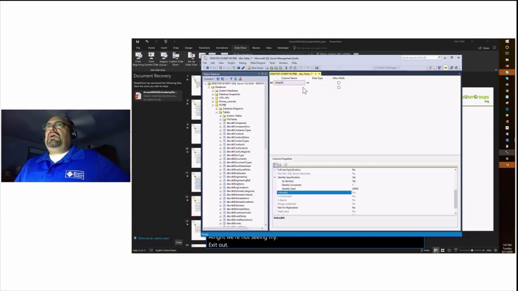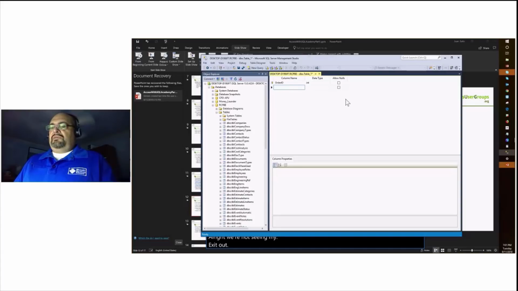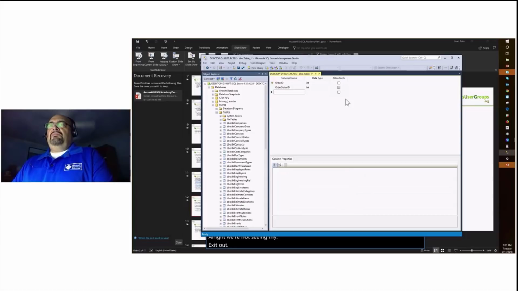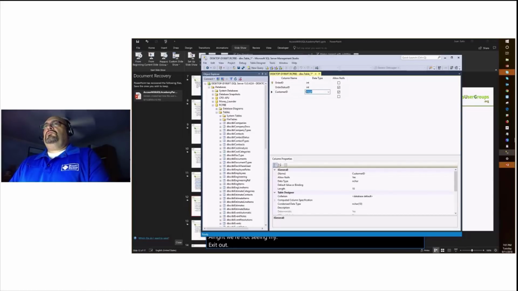So I've got my first field, made it a primary key, and then you're going to have order status ID, right? Integer. And you may have the customer ID, another int, and you can have